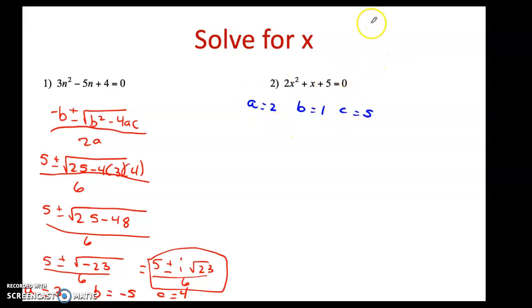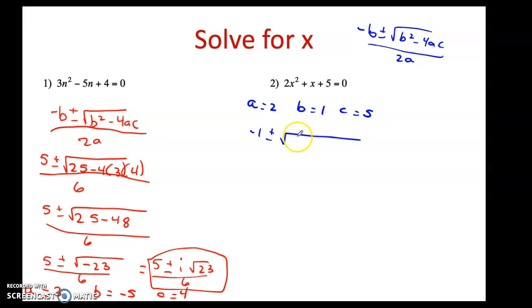If you don't want to keep rewriting the formula, you can write it on top of the paper up here and then write it once and keep referring to it. It's up to you, but I definitely think that you should have it on your paper instead of just in your head. Okay, so now when we're substituting negative b, we're going to have negative 1 plus or minus the